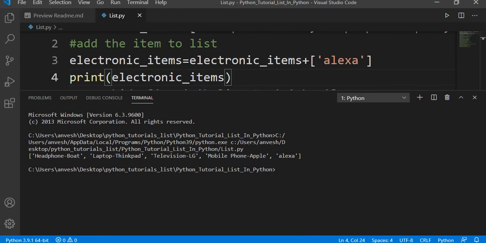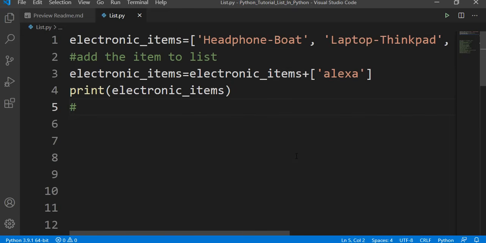What output I got is, after the four items which I had previously in my list, Alexa got added to this list. So from this we can tell that lists are changeable, or we can modify the list. That's why we call them mutable. Now let's see how we can make use of the multiplication operator to replicate the list the number of times we want.